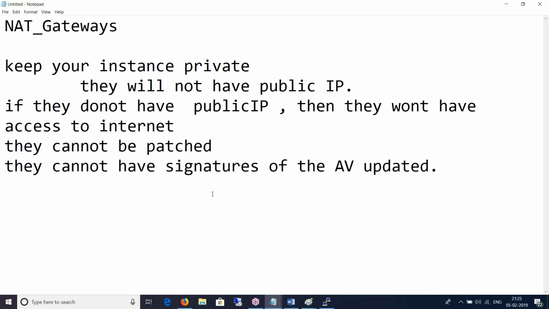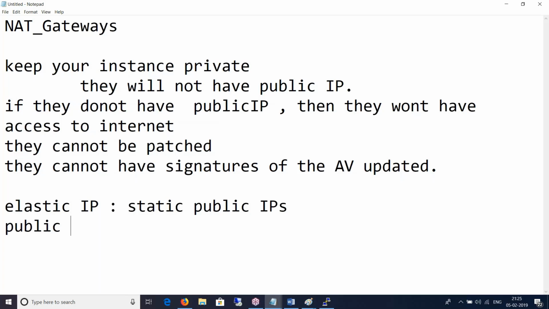That elastic IP will be internal, right? Elastic IPs, when you say internal, what is it? A private IP? The static IP? Yeah, you're right. Elastic IPs are nothing but static public IPs. Whereas if someone ever says public IP, it just means that the IP may change.